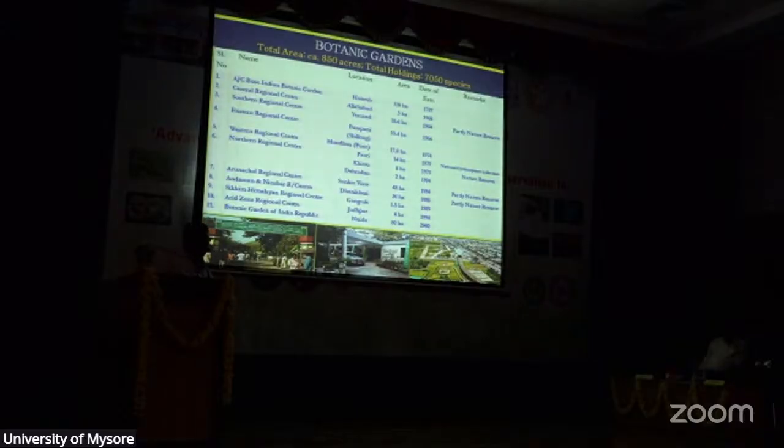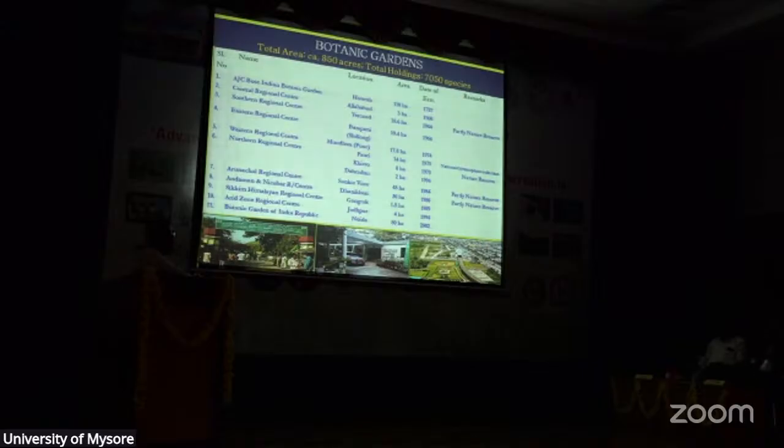But apart from that, botanical gardens are very, very important repositories for conservation of the plants, and we have a network of botanic gardens. The mother of all botanic gardens is AJC Bose Indian Botanic Garden, in Howrah, Calcutta, and remaining regional ones. And one more botanic garden which Government of India opened 10 to 12 years back is the Botanical Garden of Indian Republic at Noida, which is now developing as a very, very important repository for many plants, and many of the foreign delegates who have visited New Delhi were taken to Noida Botanical Garden to show the important elements of our country. And this is the view of this Noida Botanical Garden.